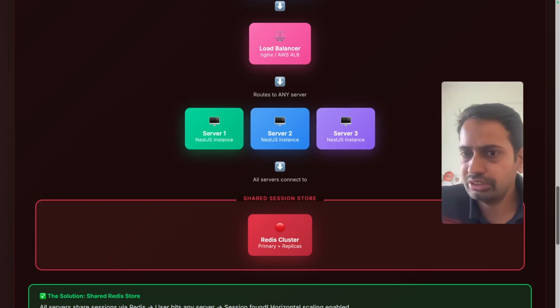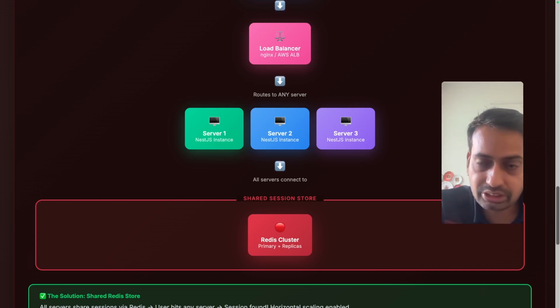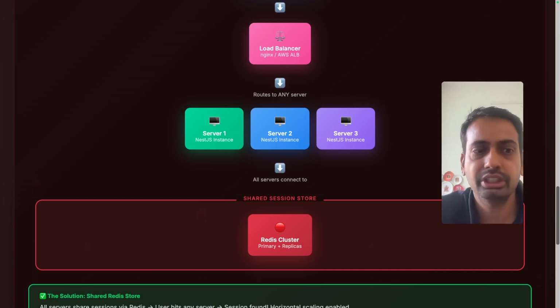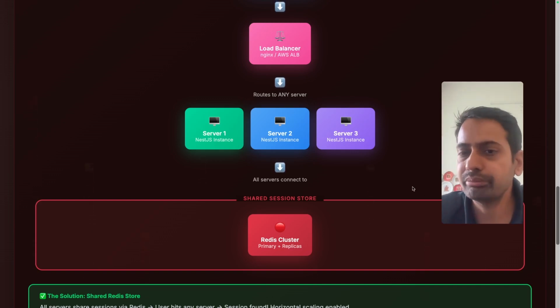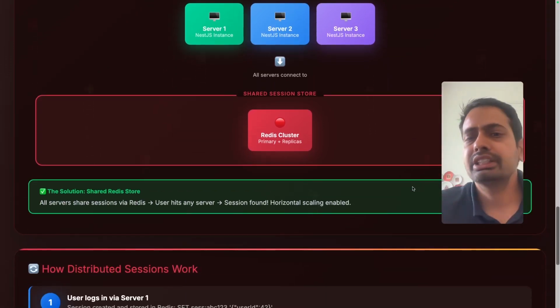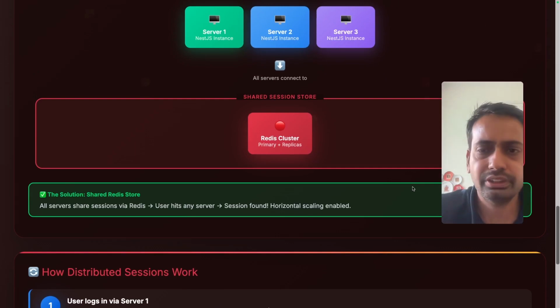Next request hits the server 2. Yes, Redis has your session state. I will give it back to you. You are still logged in. So this is a simple architecture problem in the distributed manner, but this can be solved with the Redis introduction